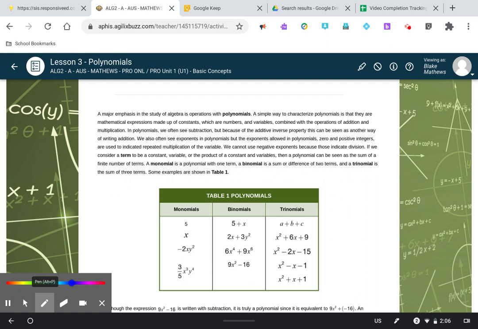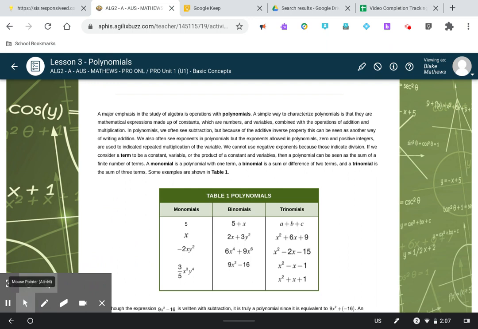Speaking of which, a term refers to any combination of constants and variables joined together by multiplication. So examples of terms are 2x, or just 4, or 3a squared b to the third c. These are all terms. And then as we put terms together by adding or subtracting them, we create what's called